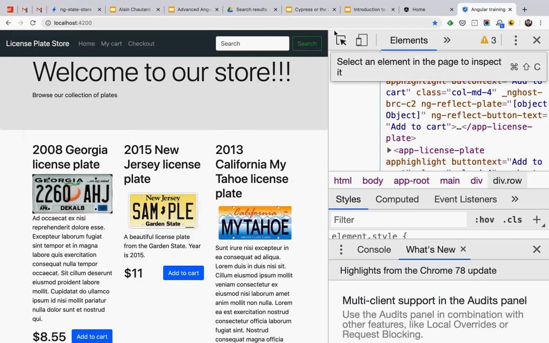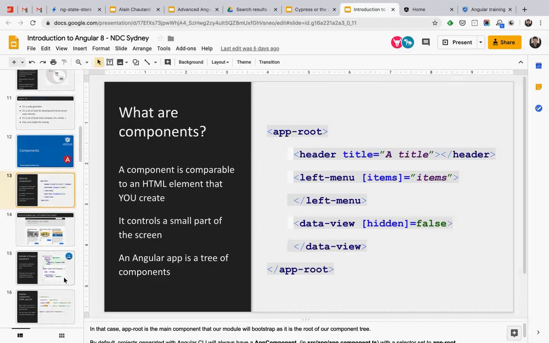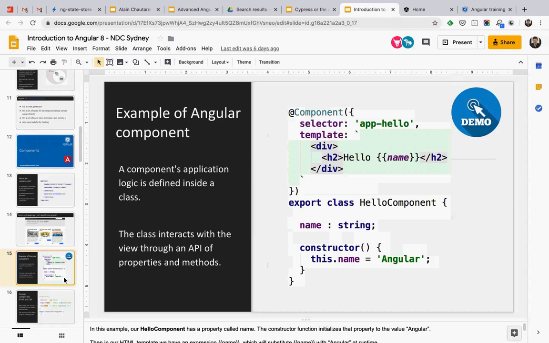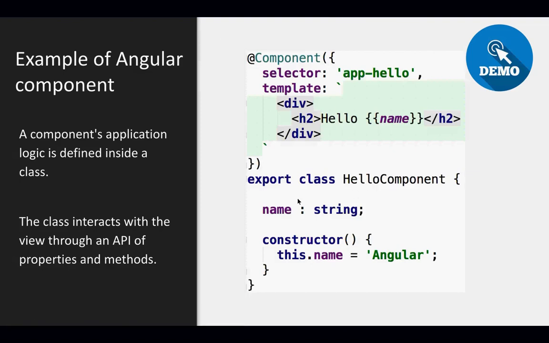So what does a component look like in terms of code? If I want to create a very basic component, this would be a hello world component. It's going to have a TypeScript class, as you can see here. That's the hello component class. It has one property name of type string.